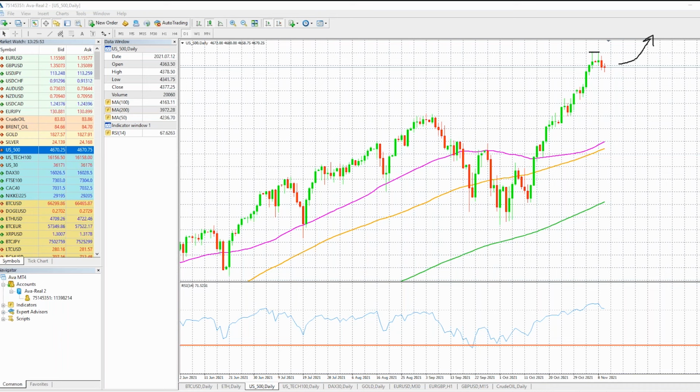Just going to answer Andrea's question very, very quickly. Yes, there is a relationship between S&P 500 and gold. When S&P 500 moves up, gold moves down. When gold moves down, S&P 500 moves to the upside. However, that relationship isn't the strongest currently at the moment, meaning S&P and gold can move in the same direction as well.